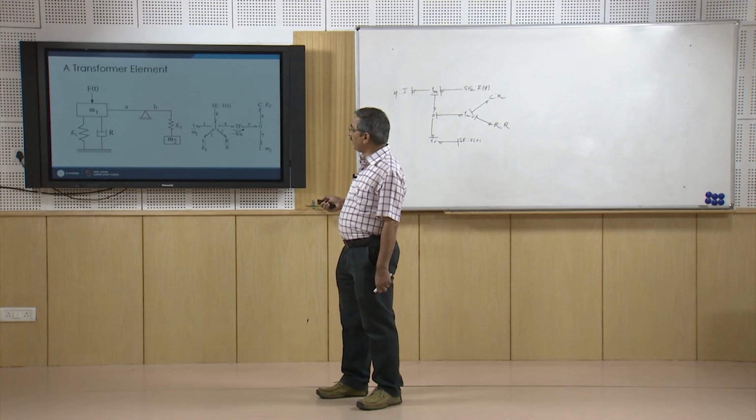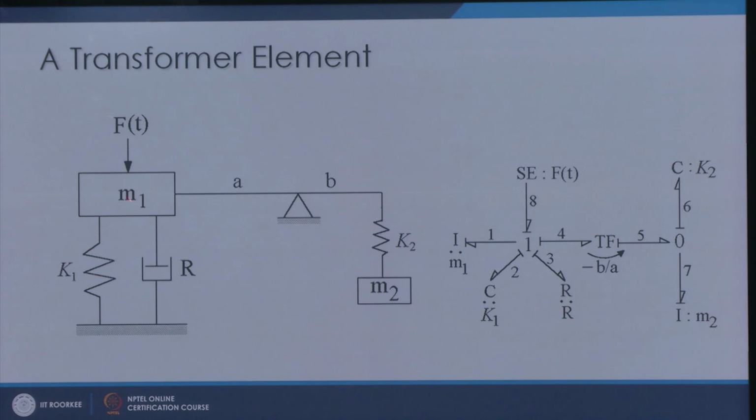Okay. So, here I can simply create a one junction corresponding to the velocity of this M1 here. Okay. And I attach an I, and I attach a C and R here, and the Ft is here. So, this way this portion gives me the bond graph model for this portion. Okay. And then